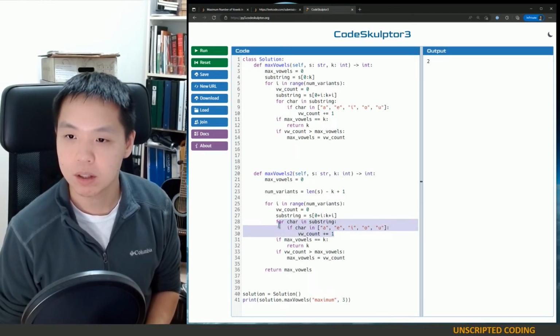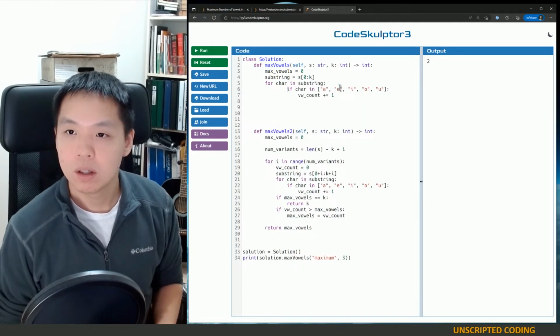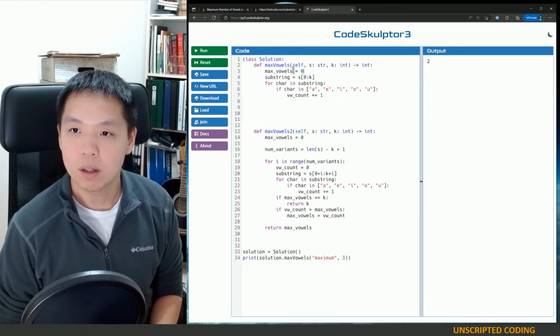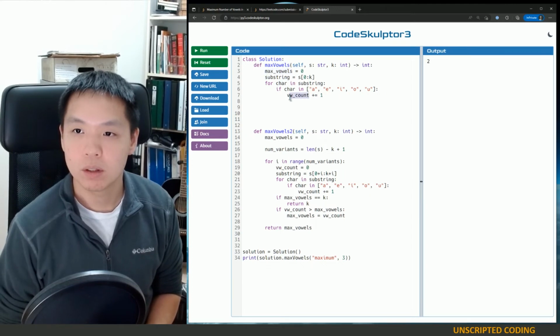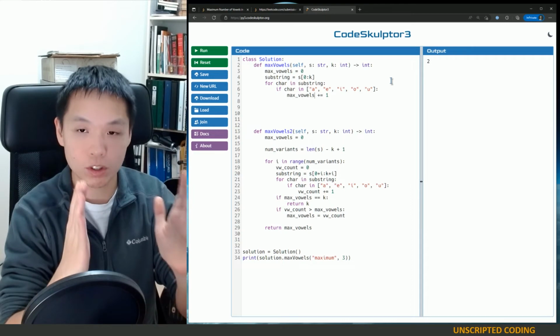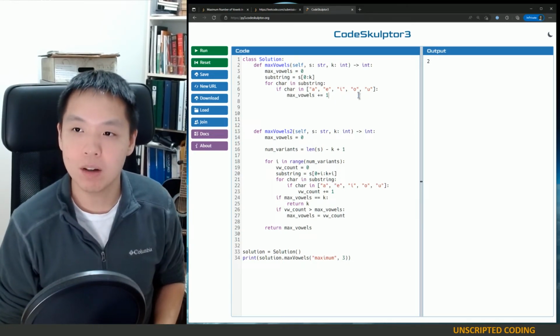I want to do this. And we'll go max vowels. So now we're going to count that whole front section. Let's say the first 3 letters, we're going to count how many vowels there are. And then, from then on,